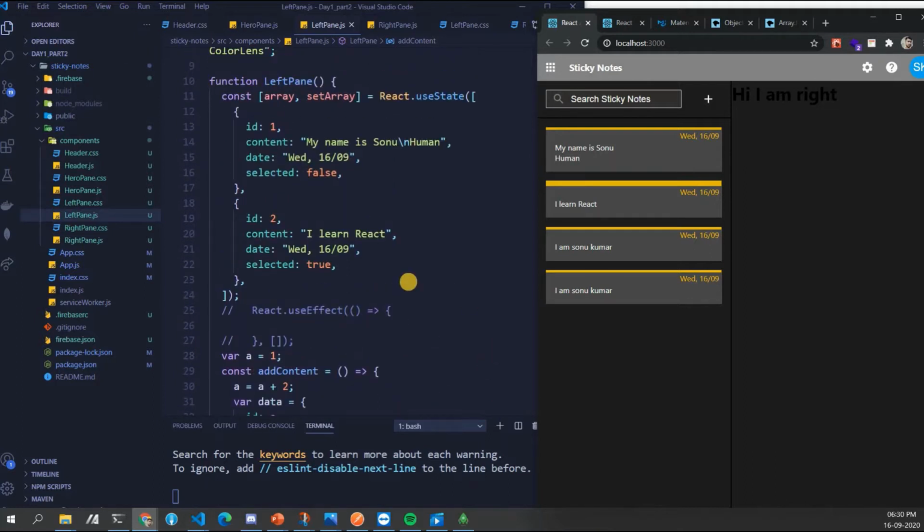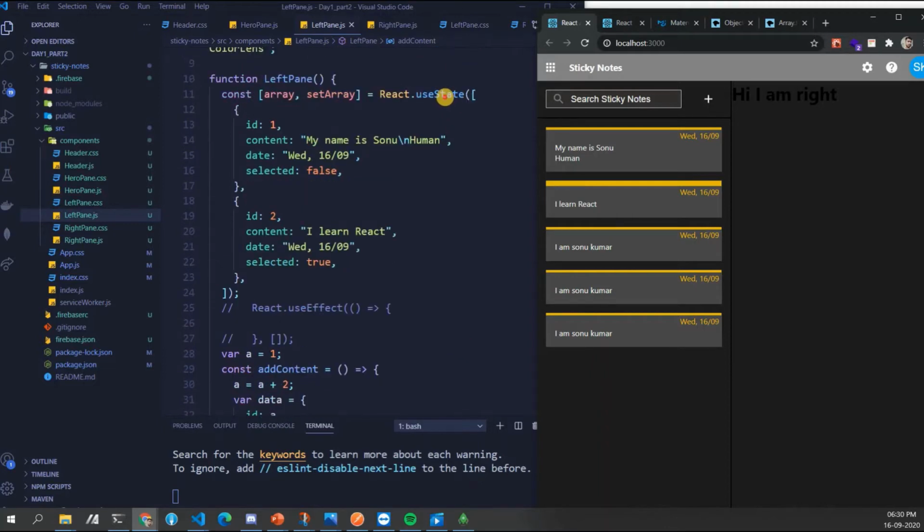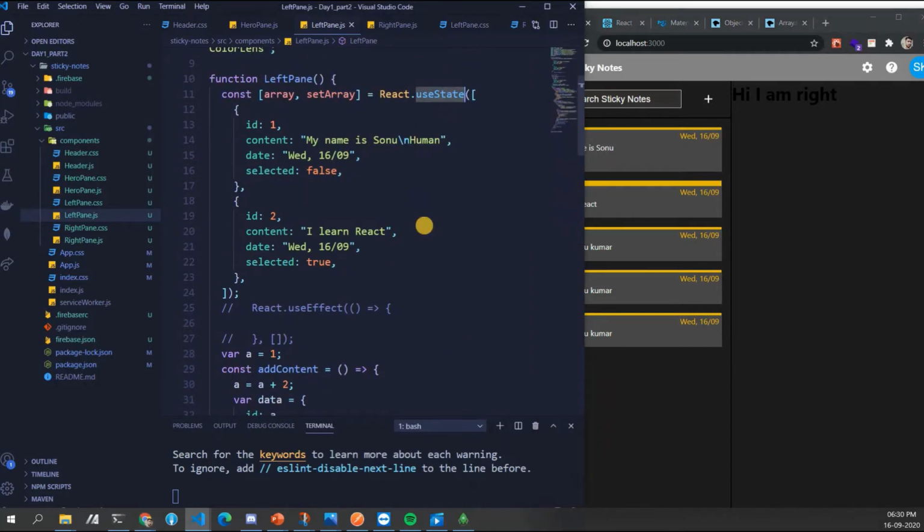I first defined a variable. That variable changed the data, changed itself, but it didn't fire any event so that this can be automatically added when we create an app, do a plus button. But when we use hooks like use state, okay, so this is your state, this is my property.